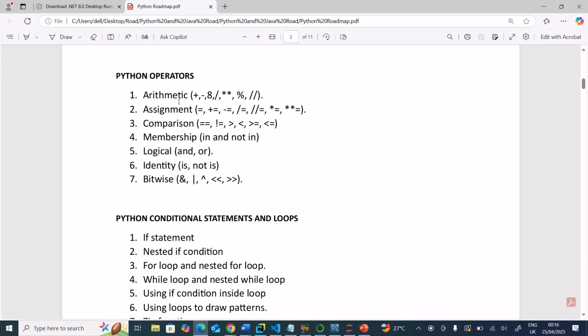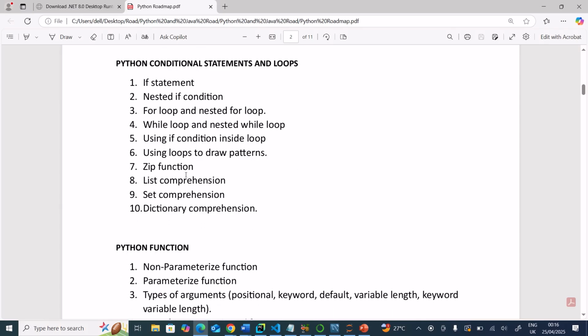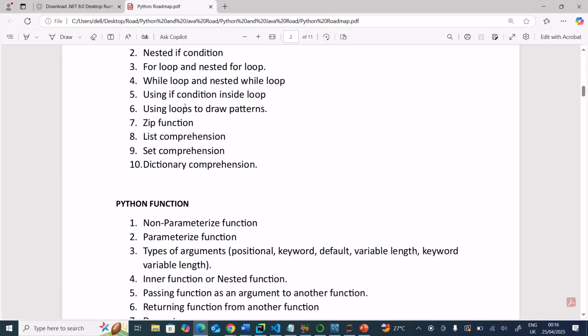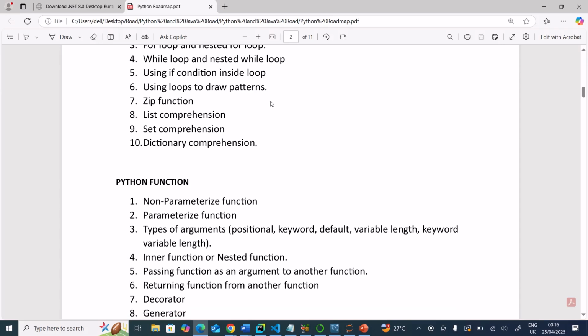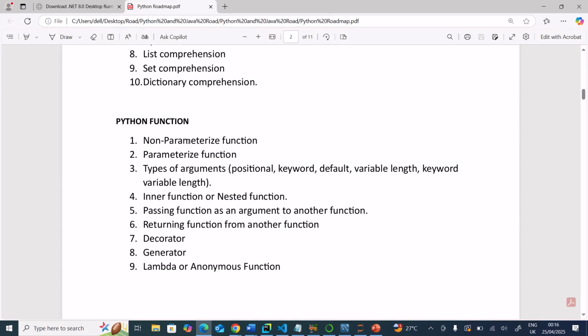All the operators that we have: arithmetic, assignment, comparison, membership, and those are the examples. Logical, identity, bitwise. Then the Python conditional statement. If statement, nested if conditions, that is, how can we define a condition inside another condition? For loop, what is the syntax of for loop? And nested for loop, that is having a for loop inside another for loop. We have while loop as well, the same thing. Using conditional statements inside loops, using loops to draw patterns, zip function, list comprehension, set comprehension, dictionary comprehension, and their